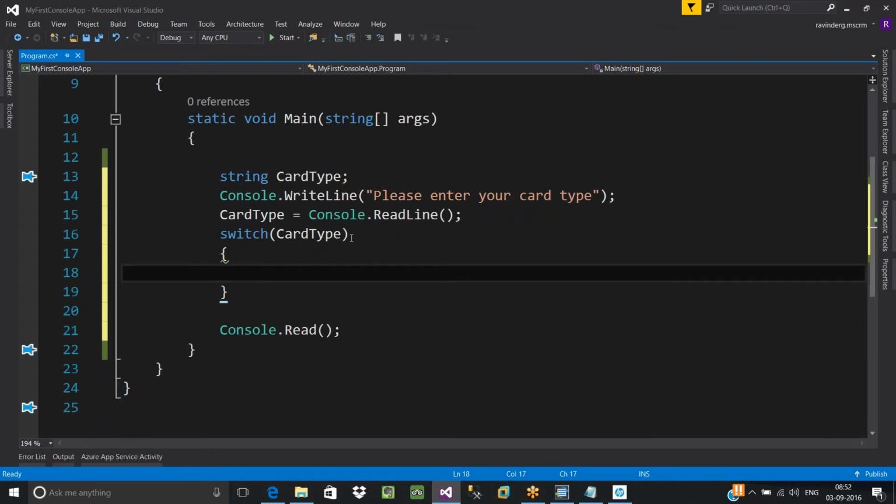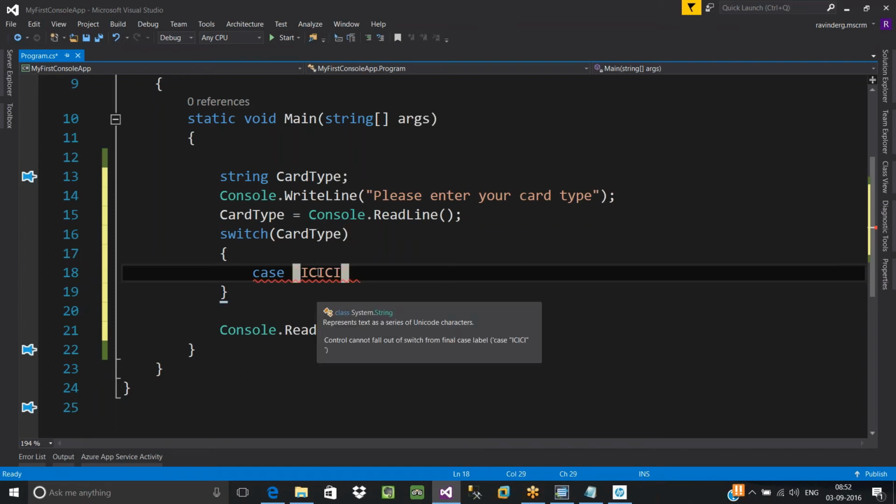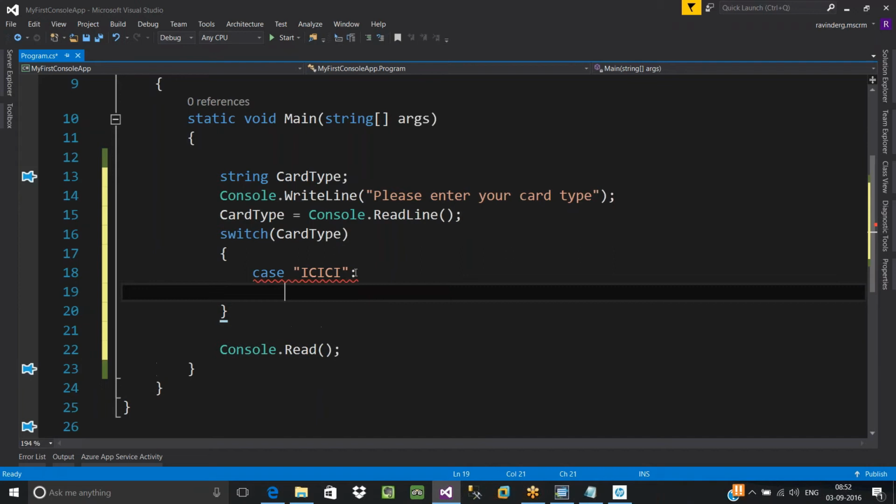Here, you don't have to write if. Rather, you can define a case for each and every validation. Case ICICI, I mean, if card type is equal to ICICI, write: Congratulations, Console.WriteLine.